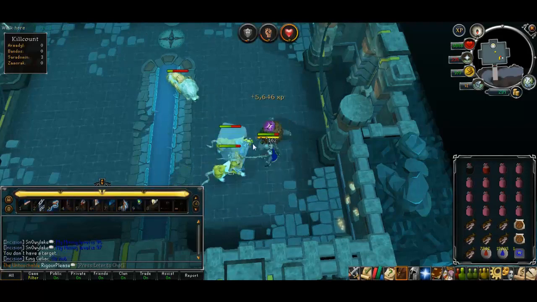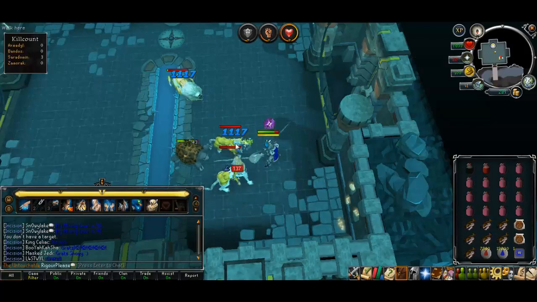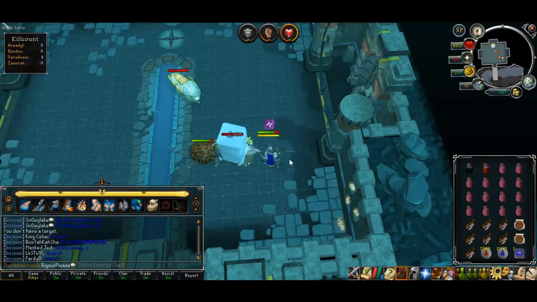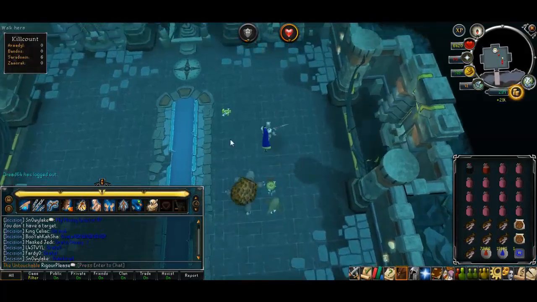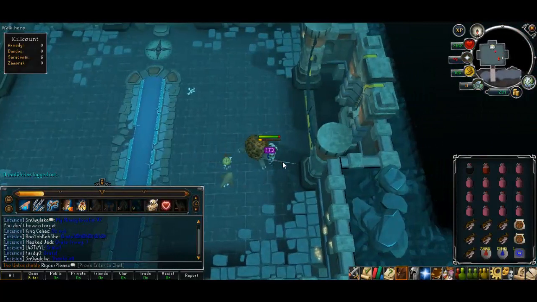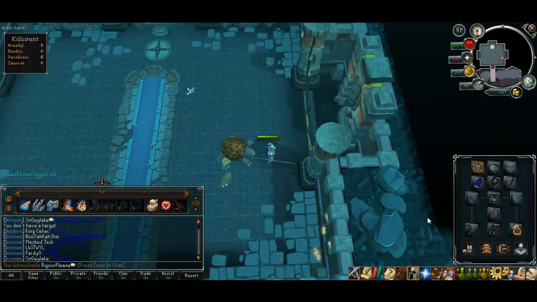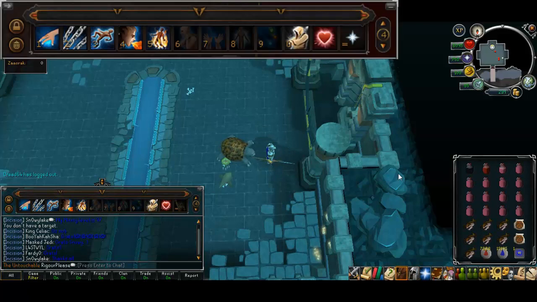Also remember to overload every 5 minutes whenever you get the message for your prayer renewal running out in the chat box. If you're using penance, then for the first hour you won't actually need any prayer at all, because the hits that you do take from Zilyana, she does hit quite hard, will be plenty to actually keep your prayer up. So with your abilities, there's a cool tactic that I use where